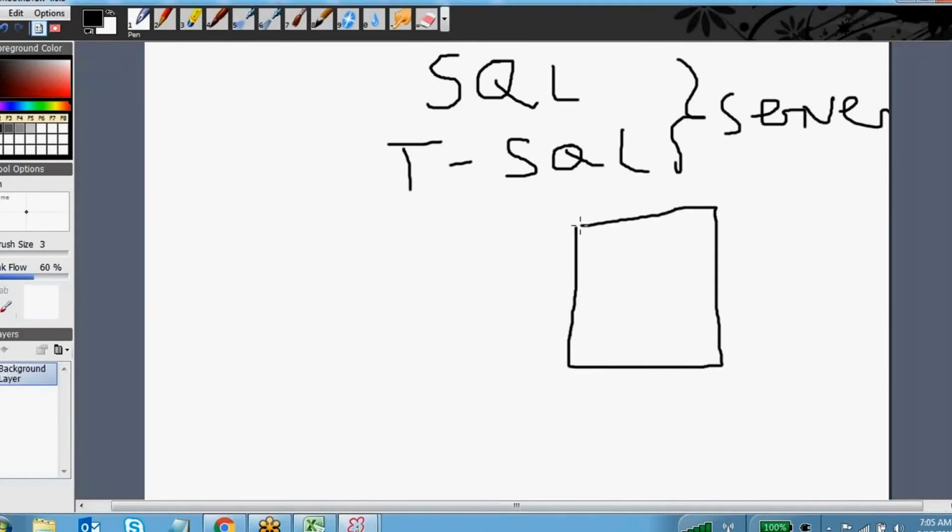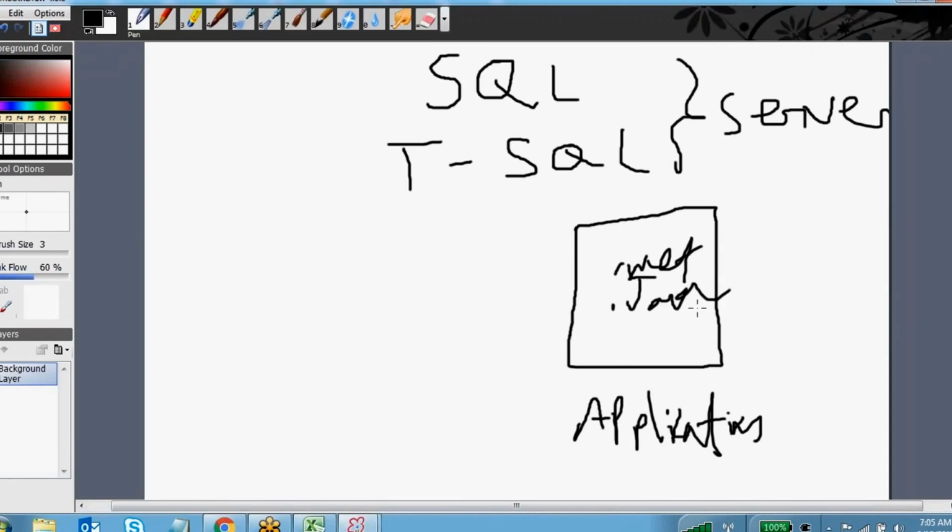They design the front-end application with Java or .NET or anything. This is an application server. So whatever application is built using Java or .NET code runs under the application server.